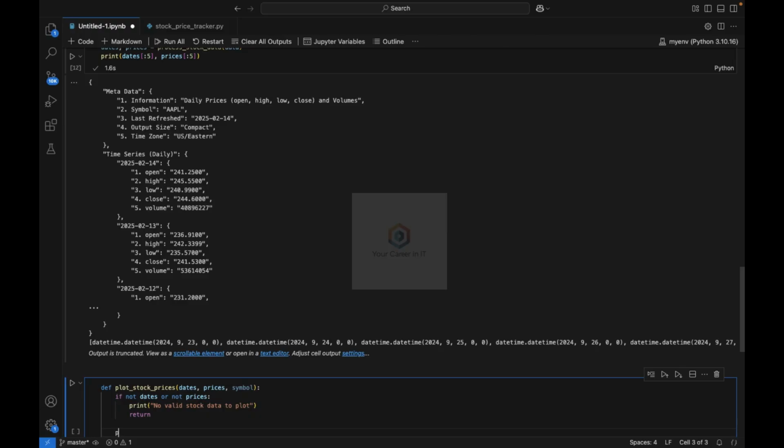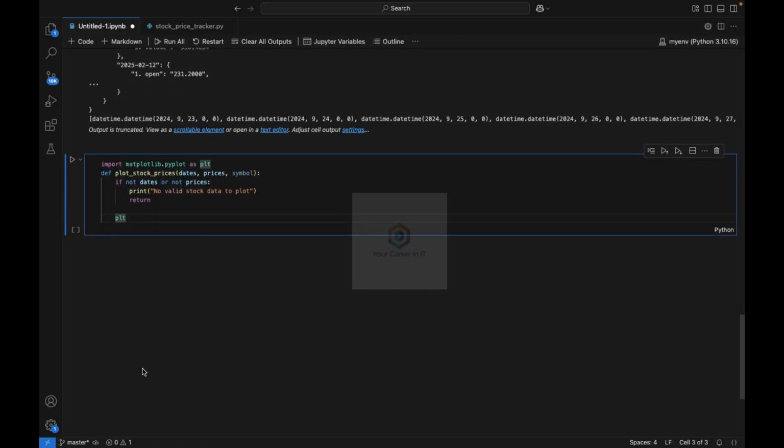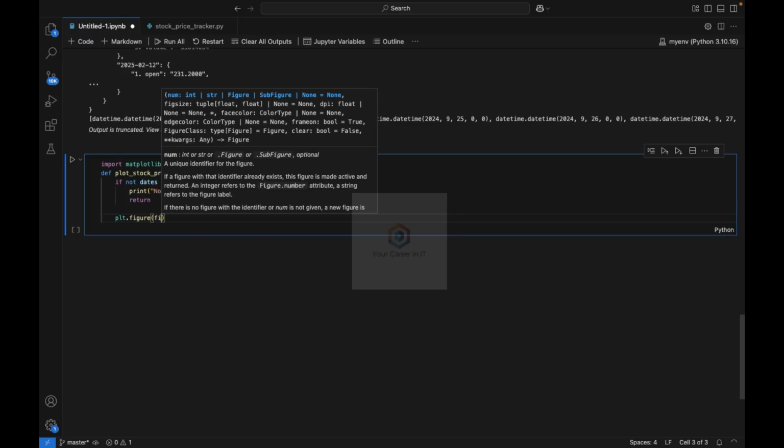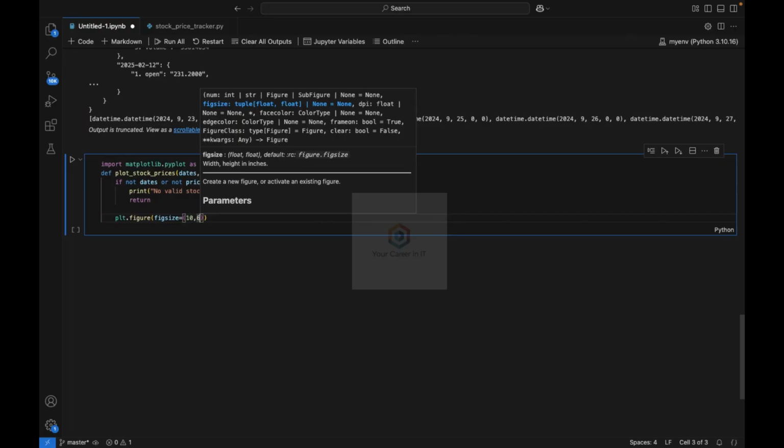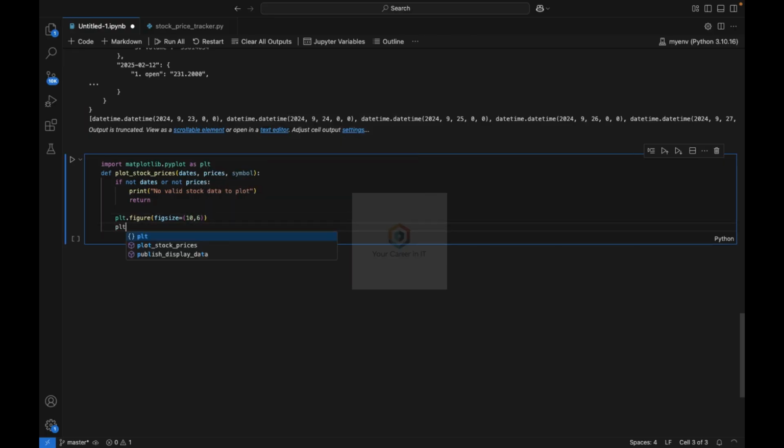Okay, now after this here we use plt. If we use plt, it is necessary to import the matplotlib library as well. So import matplotlib.pyplot as plt. Okay, so here we use plt.figure, and the argument is the figure size, so it is 10 by 6. Okay, now after this, plt.plot